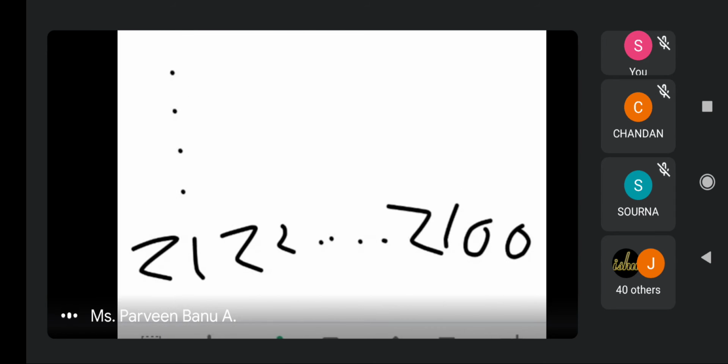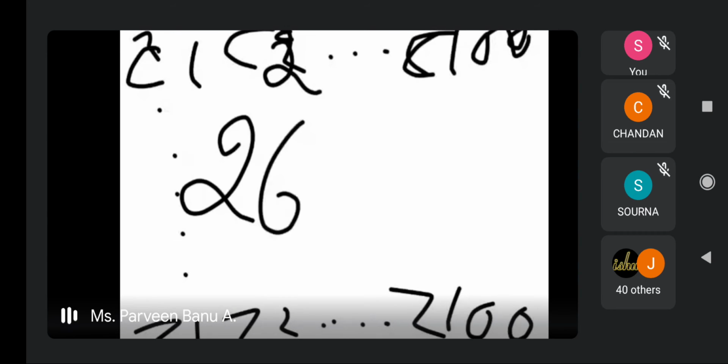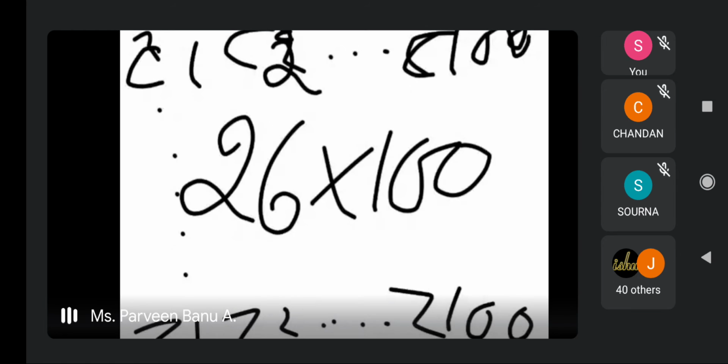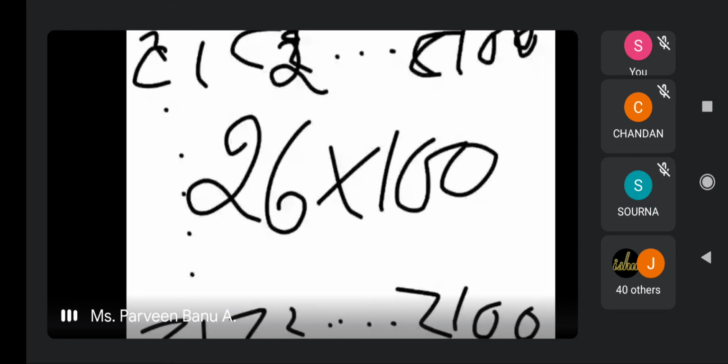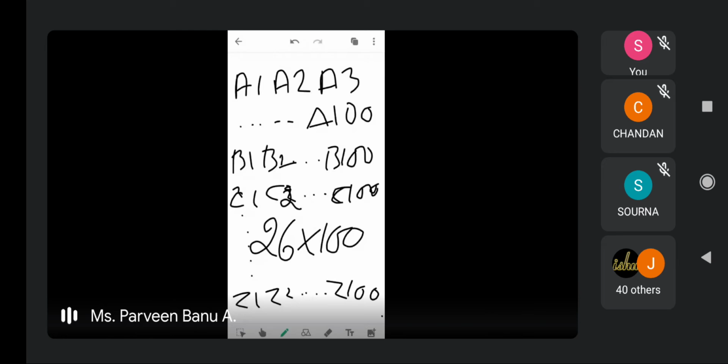Yeah. So I can label like this. After finishing that, you can start with A1, A2 up to A100. But these are all the different labels. So how many labels are there? Here I'm having 100 columns and 26 rows. Am I right? So 26 into 100 possibles. Because for integer you take 1 to 100, and for letters, I'm having 26 letters, A, B, C, D up to 26 letters. So the possible labeled chairs are 26 into 100. That is 2,600. Is it clear?